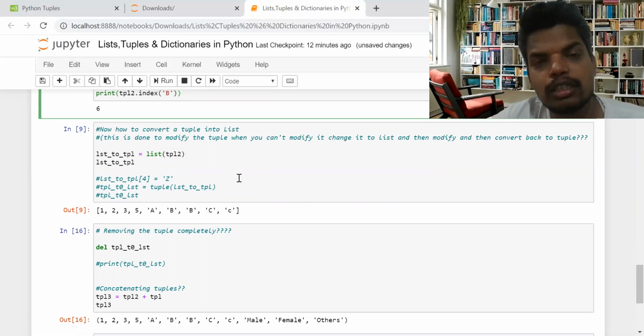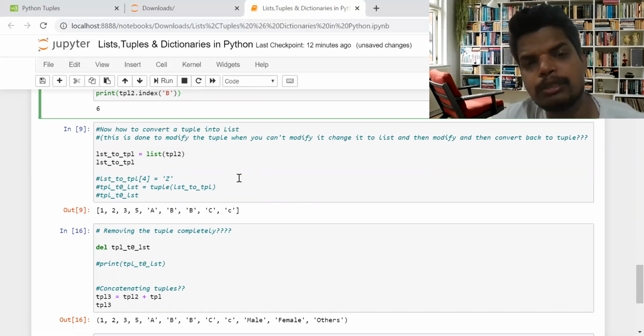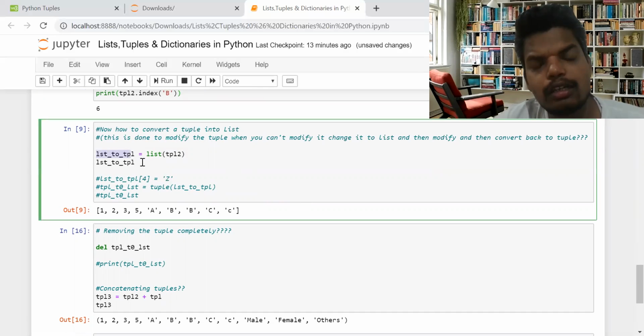Suppose sometimes there is a specific scenario where a tuple was created long ago, but in the current scenario you need to modify it, and you don't need to update any other values, you just need to modify. So what you can do is create a new variable and convert, that is typecast, the originally written tuple into a list.